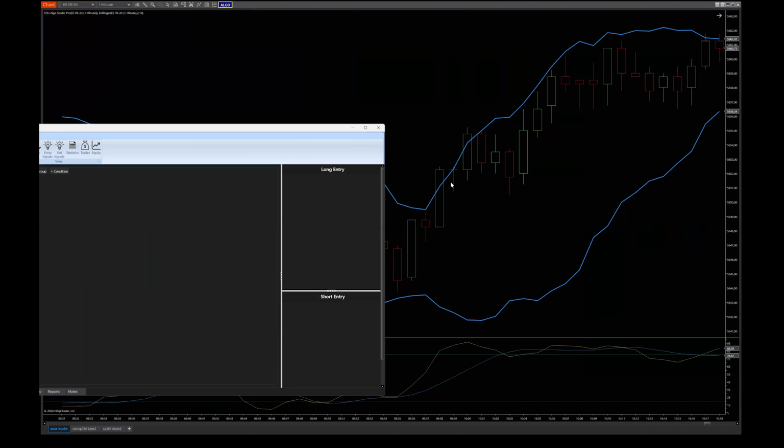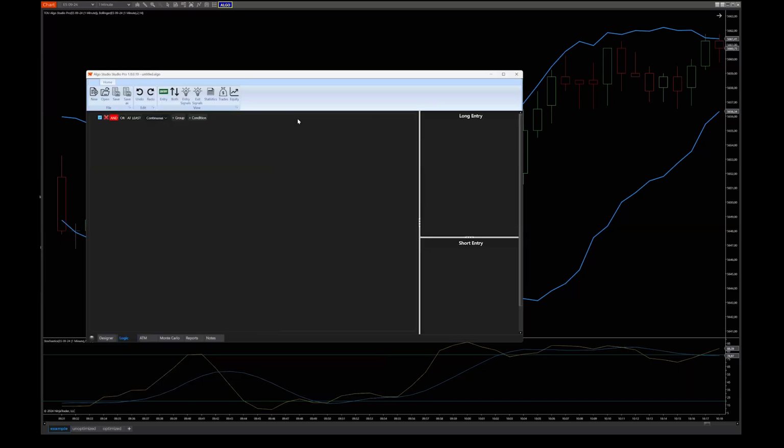And I want to go long when price, for example, goes above the Bollinger Band or below the Bollinger Band, and when the RSI is either overbought or oversold. Just a very simple example.